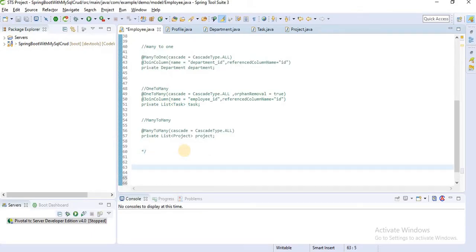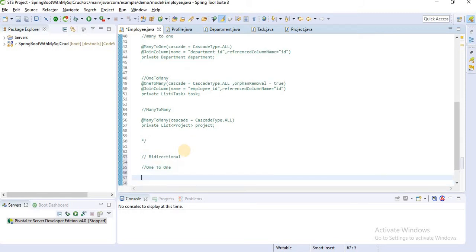The first one is bidirectional mapping. Earlier we saw unidirectional mapping. First is one to one mapping. Here we use a Profile entity for one to one because one employee has only one profile and one profile also has only one employee.